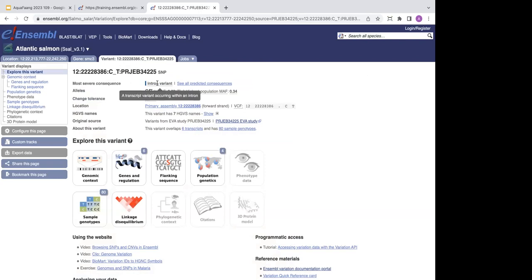And if you just hover over this title that says intron variant, it's going to give you a description of this variant as well. So it's a transcript variant occurring within an intron. Then we have some alleles that are associated with this. So we have the C allele, which is reference, and then T, the alternative allele. We also have information on the minor allele frequency. We have information on the location where this variant falls,